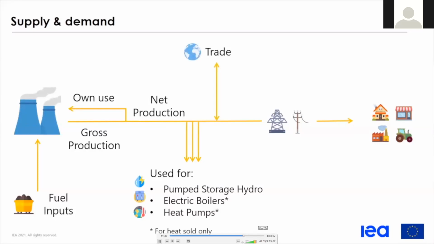Then we have the trade, so import and export of electricity. They are specific, with specific rules in the case of electricity. We will see them a little bit later. And also an important part, which are the losses in transmission and distribution of this electricity. This precise element can be high in case of old or badly maintained transmission and distribution systems, but also due to theft of electricity. At the end of the chain, for the demand,